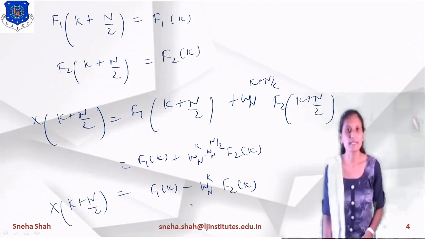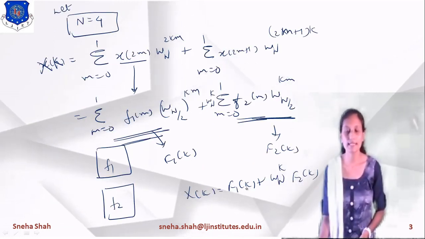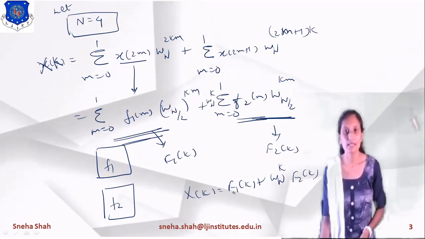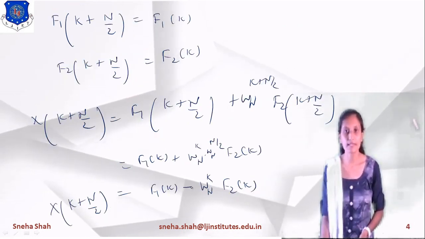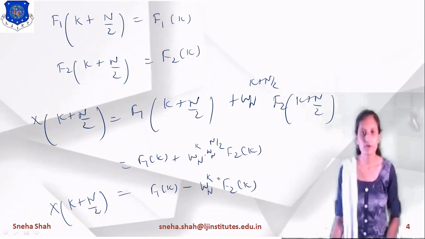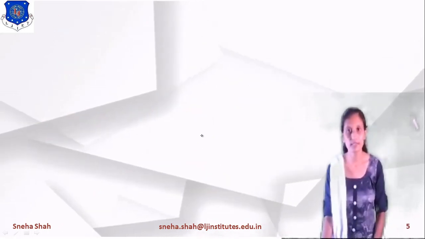Now in this we will take k equals to 0, 1, and in the above equation, this equation also, we will take k equals to 0, 1. So in the first two terms we will take plus, and in the last two terms we will take minus. So if we are drawing the algorithm of this, then what will be the algorithm for this?